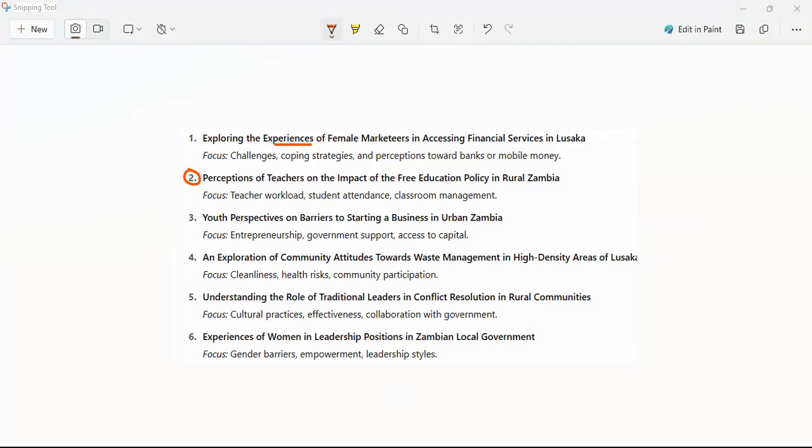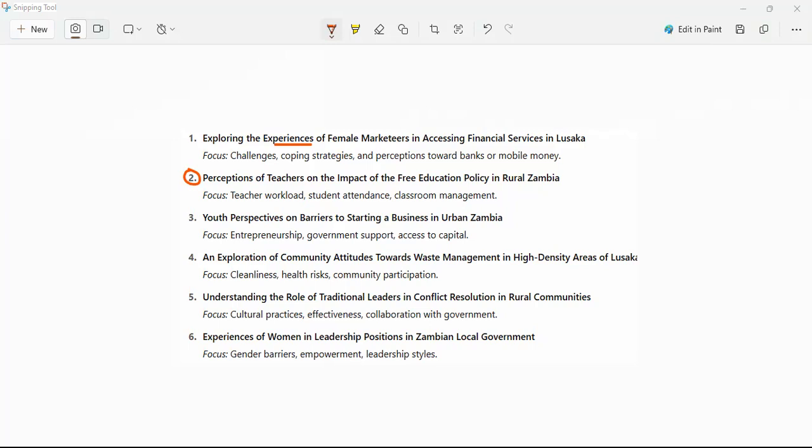I'm not saying all of you should pick up on this one. I'll send a number of topics, but I just want you to have an idea of what the lecturer is looking for. Are you together? Yes. Okay, so we want to look at the perceptions of teachers on the impact of free education in the rural